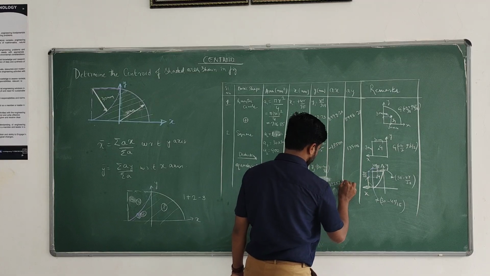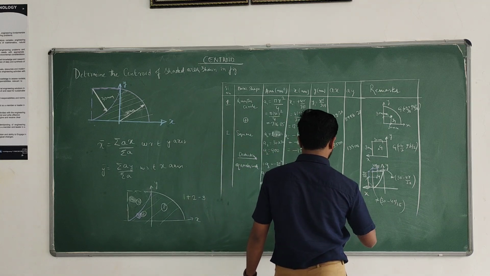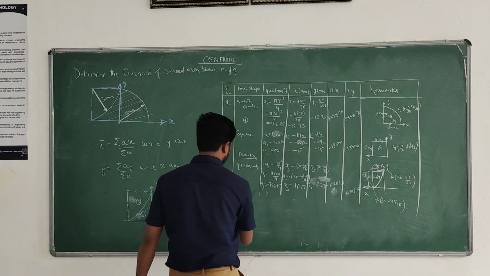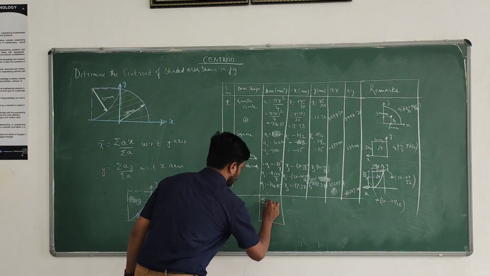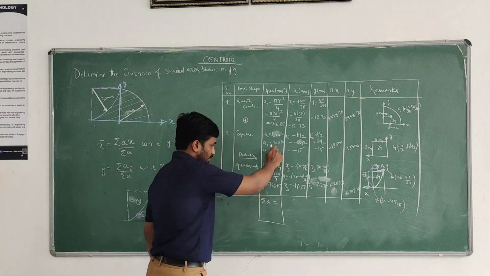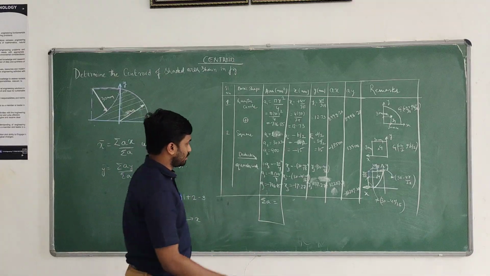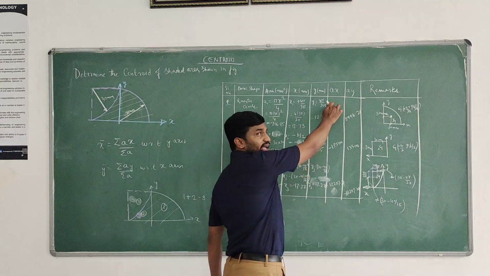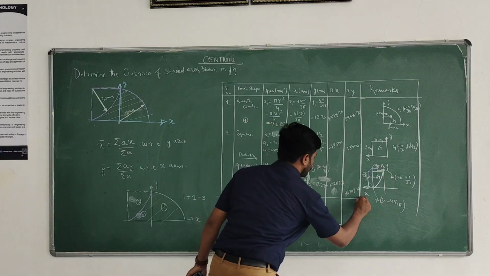12207.29. Here minus into plus minus, therefore minus 12207.29. So now compute sigma A. Sigma A is required. So 706.85 plus 900 minus 706.85, because here is a reduction. So we are getting 900. Sigma A is 900. Next we require sigma AX and sigma AY. What is the value of sigma AX and what is the value of sigma AY?